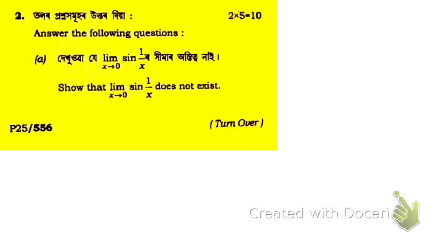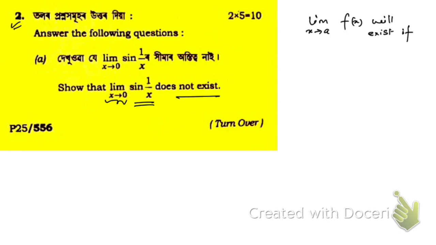So this is the next question, question number 2. Here we need to show that limit x tends to 0 of sine of 1 by x doesn't exist. So now let me show you how to solve this. First, you know that the limit x tends to a of a function, suppose f of x, if it exists,